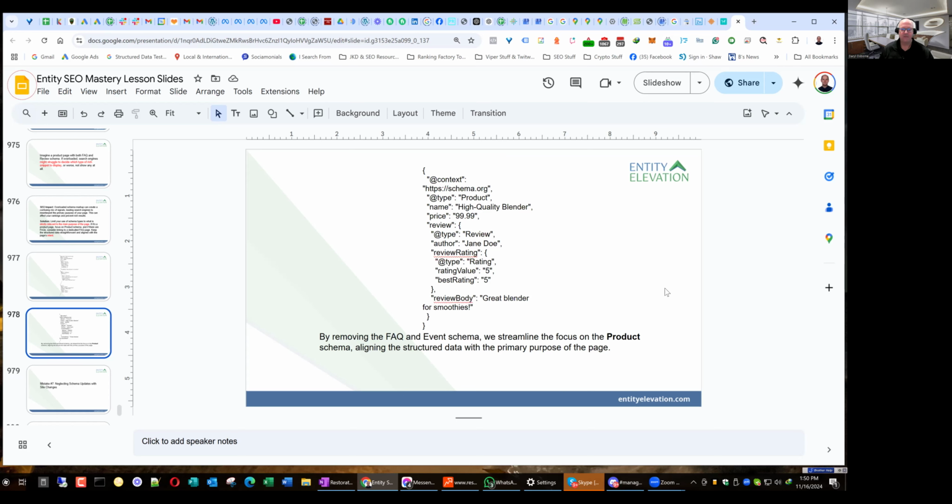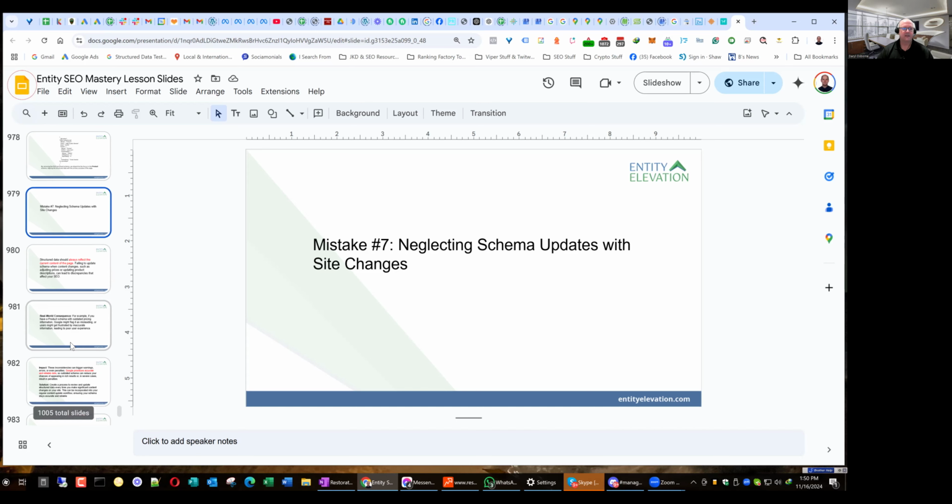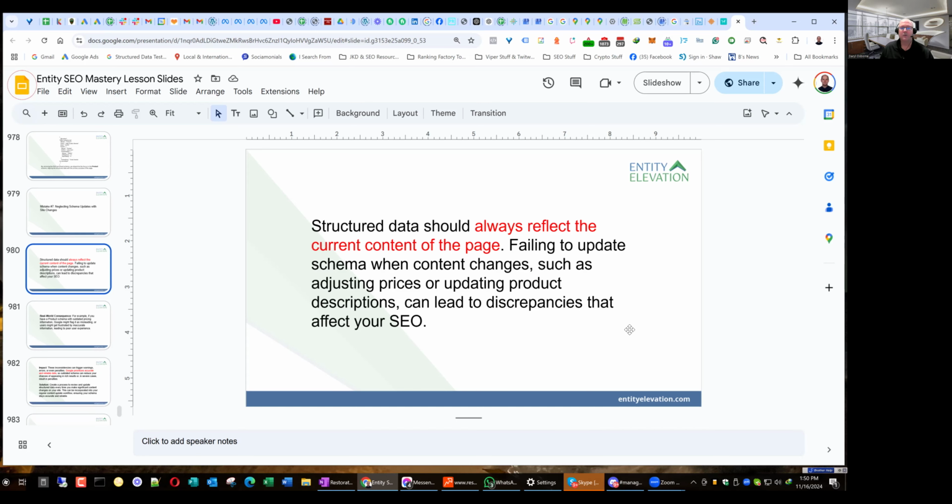So we removed the FAQ and the event schema. We streamlined the focus on the product schema, aligning the structured data with the primary purpose of the page. Okay, so before, after. Okay, so mistake number 7, neglecting schema updates with site changes. Structured data should always reflect the current content of the page. Failing to update schema when content changes, such as adjusting prices or updating product descriptions, can lead to discrepancies that